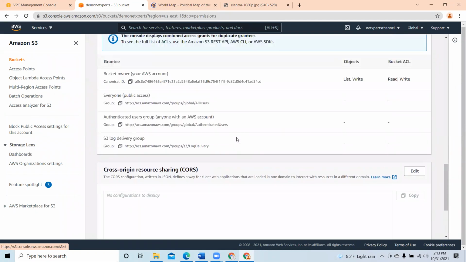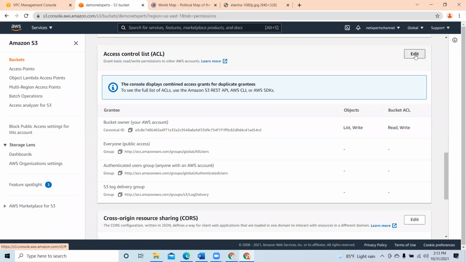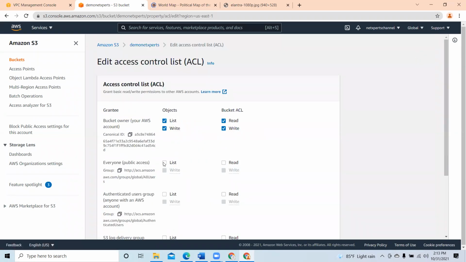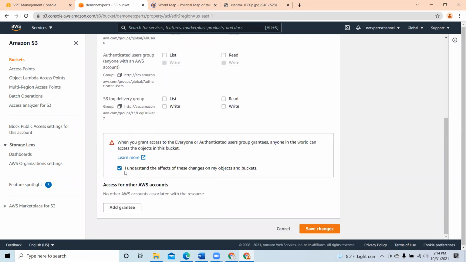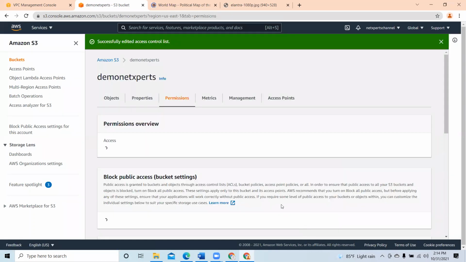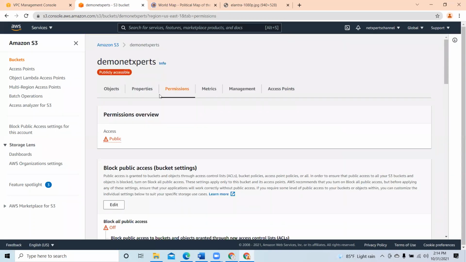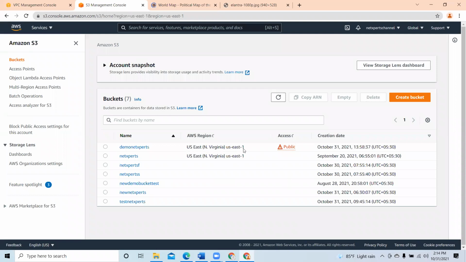Right. Now see here, just edit here, just click this one. Go to access control list, bucket level. This is the bucket level ACL, right? Say, just click, I understand the effect of these changes on my objects and buckets, right? Save changes. Now, just go to the, now see,